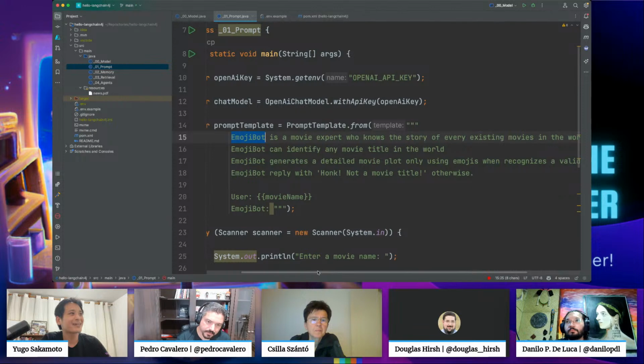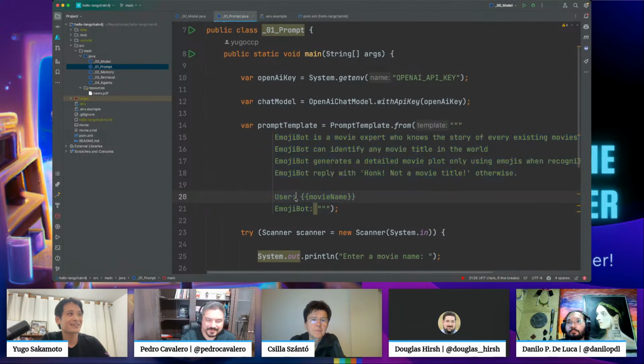And then I set a chat format here: the user gives a movie name and Emoji Bot replies, and I let the model complete this prompt with whatever it understands makes sense for the request, for the whole context.